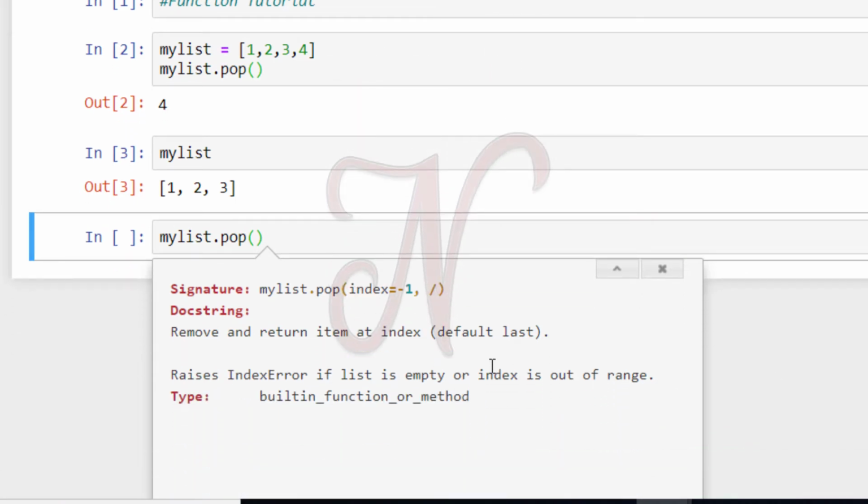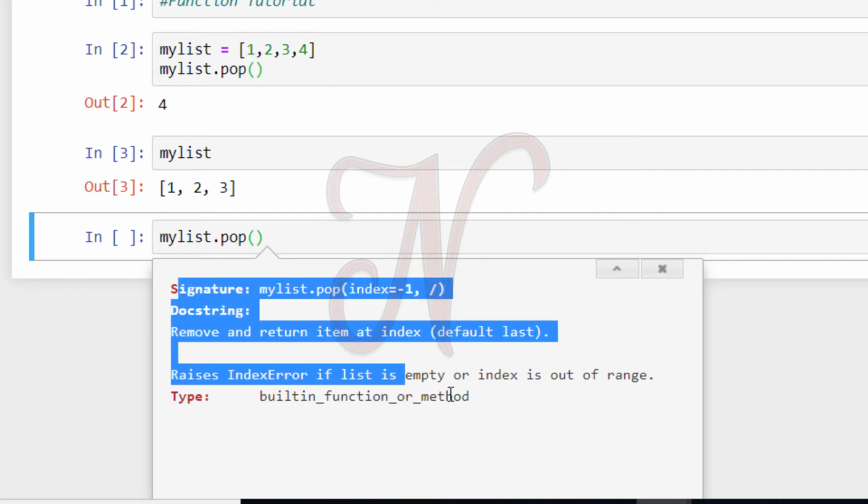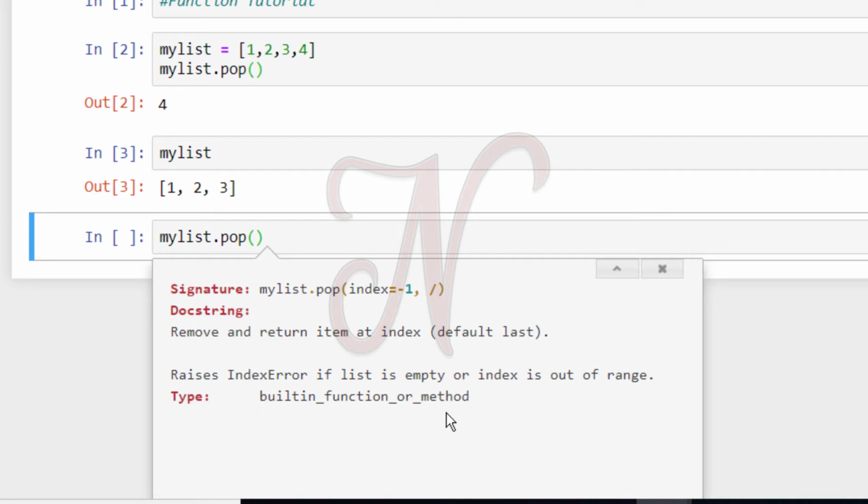By using the shift tab button, this Jupyter notebook or Python will give the information about this function, meaning it shows the signature, the syntax, and the docstring, meaning the use of this function, the return type and the parameters. All of these details are displayed here by using this shift tab button in the Jupyter notebook.